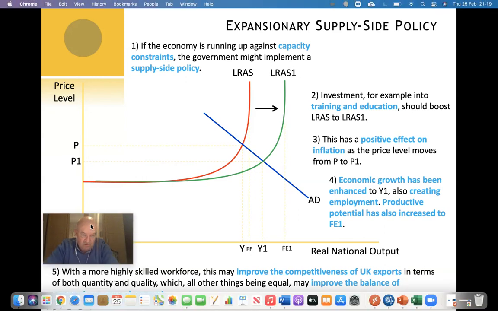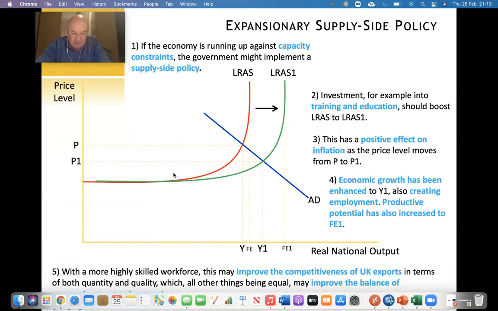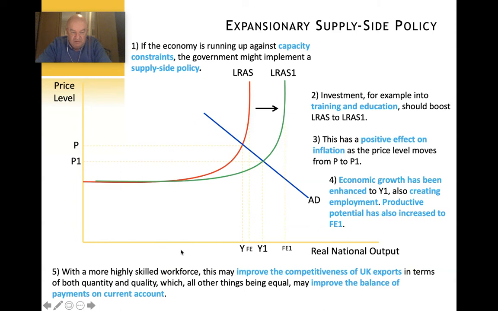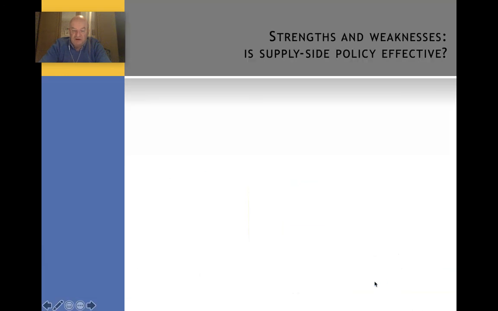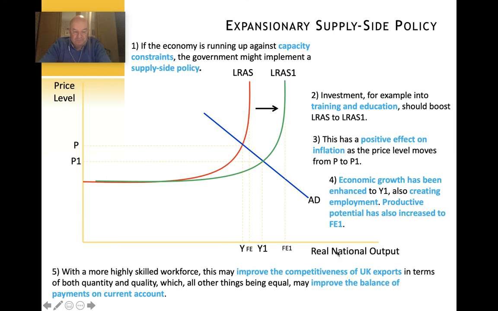Now, again, I'll just move myself up here a minute so we can see in this situation the last point to make, where we've got a more highly skilled workforce, that's going to improve the competitiveness of UK exports, in terms of the fact that we've got better quantity and quality of staff, and that's hopefully going to mean greater competitiveness. That means, as a result, because we've got more exports being sold,